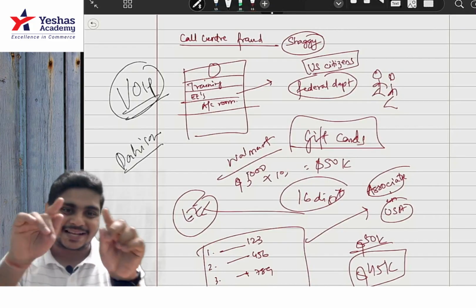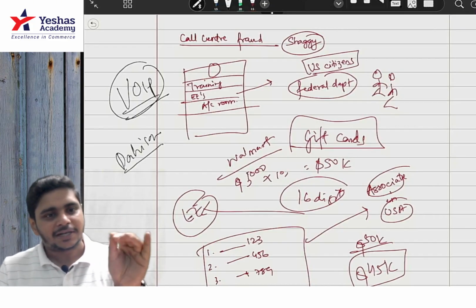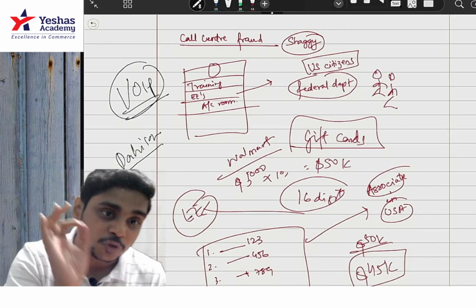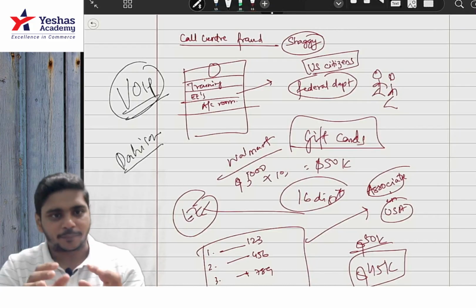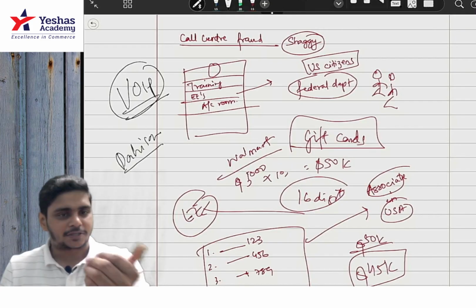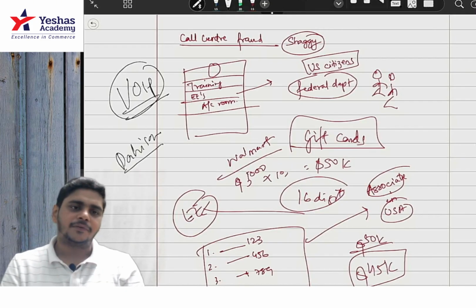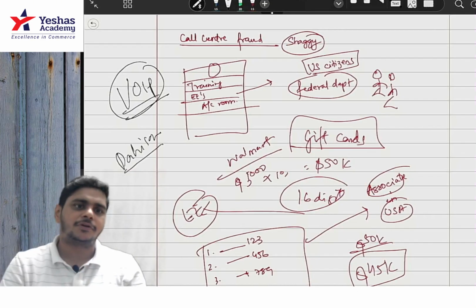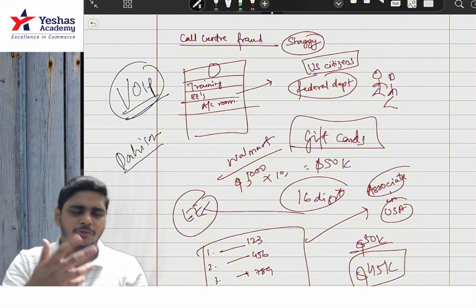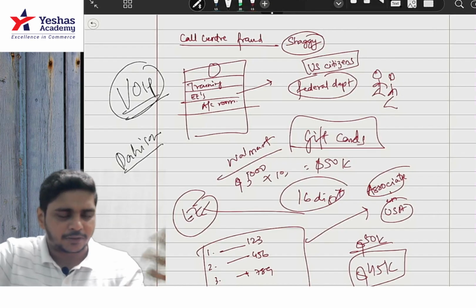So what happened when this Excel is made? The Excel is saved in the PC. If you delete it also, it is not deleted. It is there in the recycle bin. Even if you do shift plus delete, it is not in the recycle bin. Still, it is stored in the laptop, in the hard drive. It can be traced. So whatever files you delete, like today, if you delete WhatsApp chats also, it is there with the Government of India. It can be recovered. If you delete some photos also, it is still there on the cloud somewhere. It can be retrieved. But there's a procedure. If you want a phone call to be traced, you require approval from the Government of India. Then only you can get it.